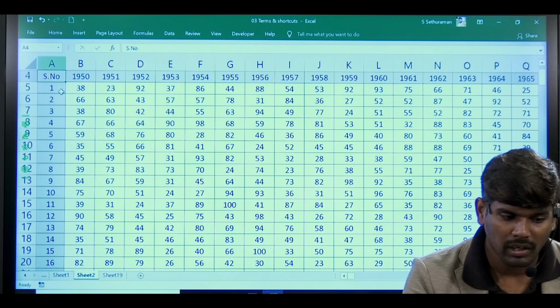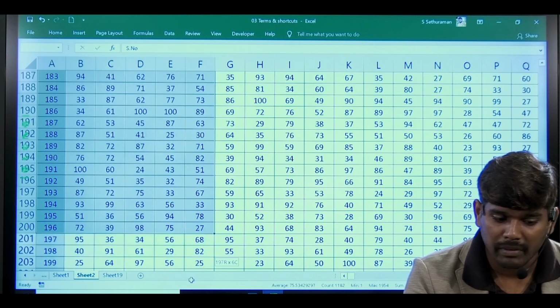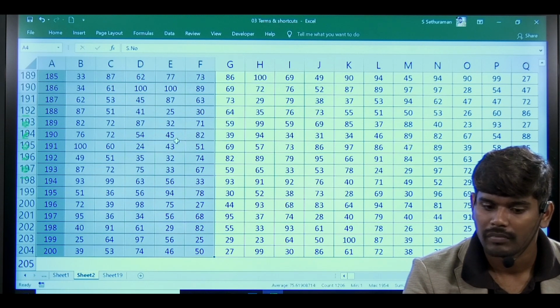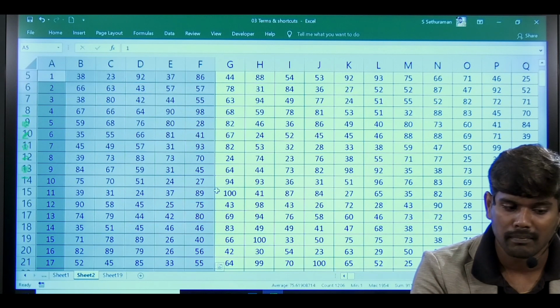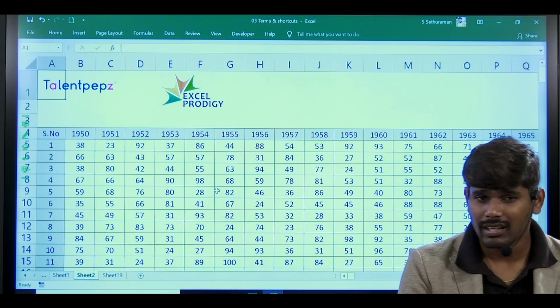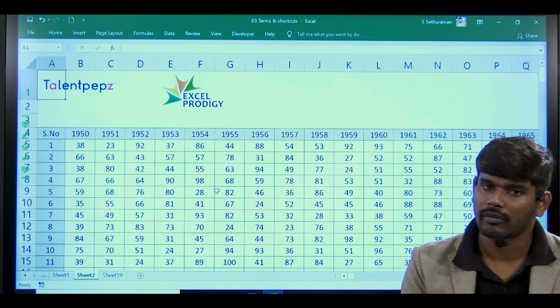While writing formulas, we select a range like this with a mouse. But many people have a habit of coming to the top. What will they do? They have to manually scroll, right? If I press Enter or Tab or Backspace, Excel will come out of the formula, whatever you're typing.